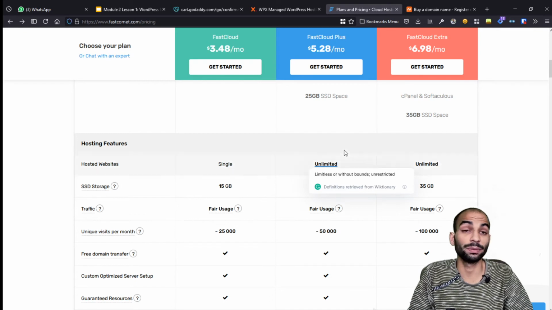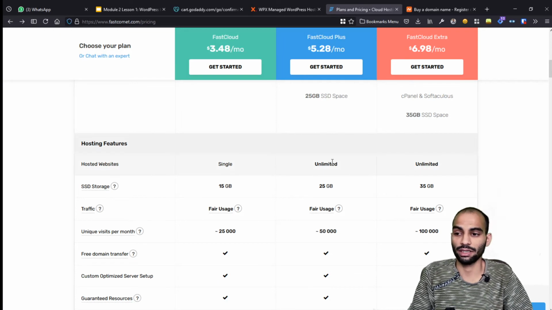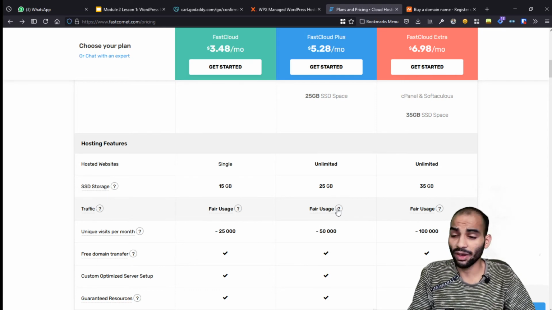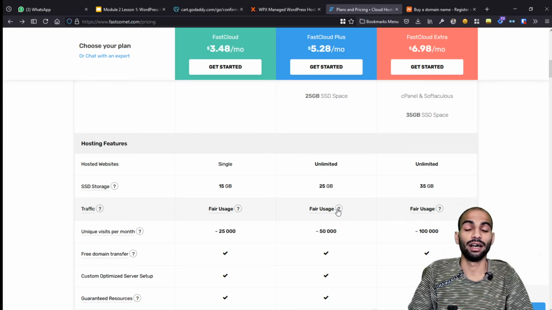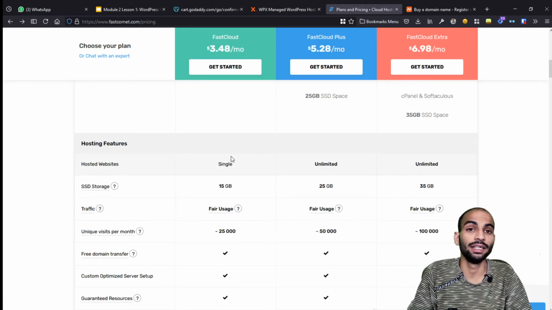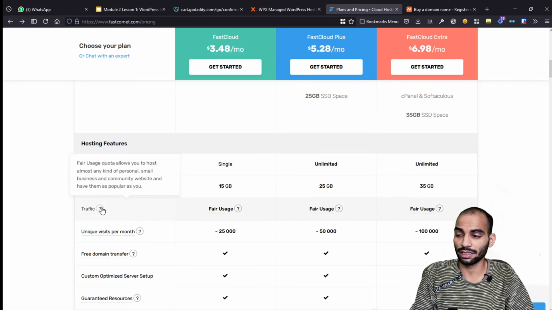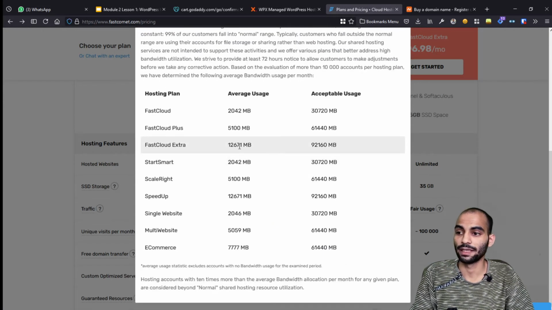There is always going to be a limit, because a computer can only do limited stuff, so they cannot give you unlimited usage. A lot of hosting providers are really honest with their plans. Fast Comet is one of these hostings, which is why I like Fast Comet for being honest. They are actually telling you that the traffic you are going to get is fair use, which means that there are some limits in this as well.